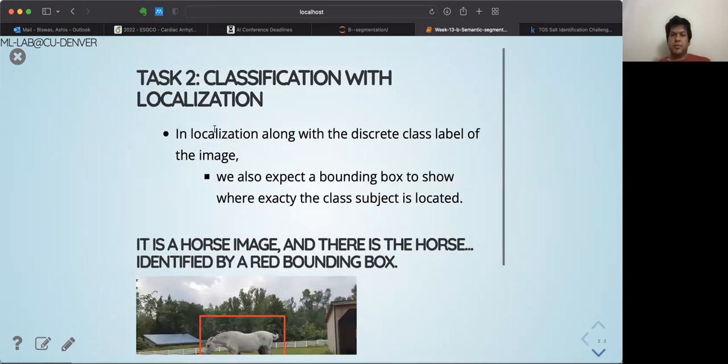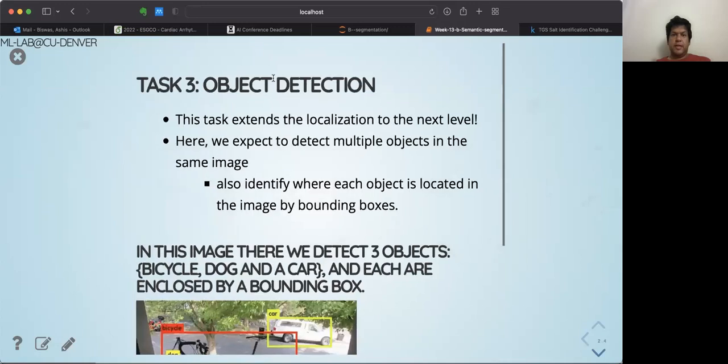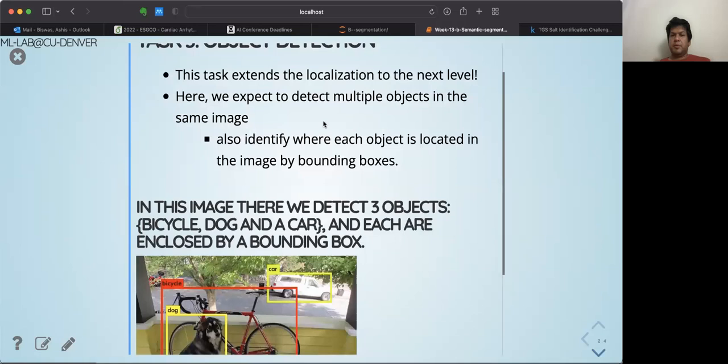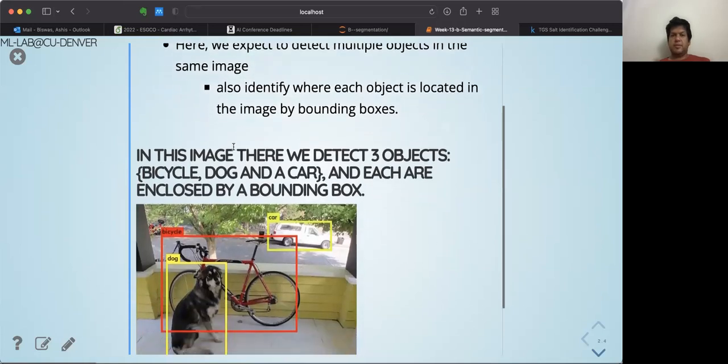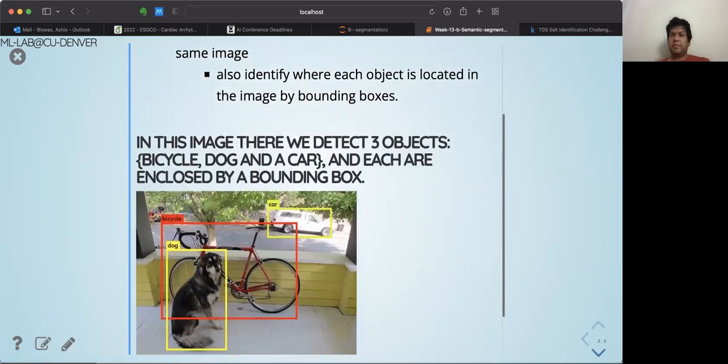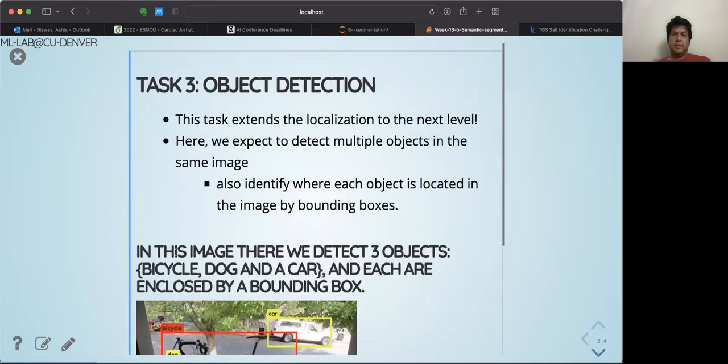This is task 2, and task 3 is object detection, right? Object detection extends the localization to the next level. We expect to detect multiple objects in the same image. Here you see that there might be overlapping between objects. This part is localized, I mean, you put a bounding box around the dog. And in object localization and object detection,